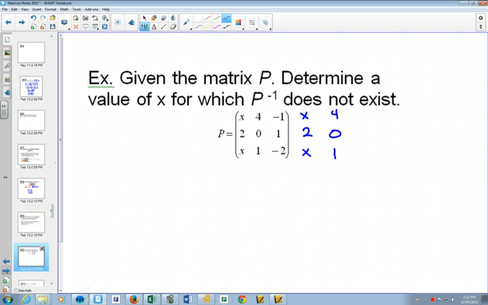So the inverse doesn't exist when the determinant is equal to 0. So if we figure out the determinant of P,